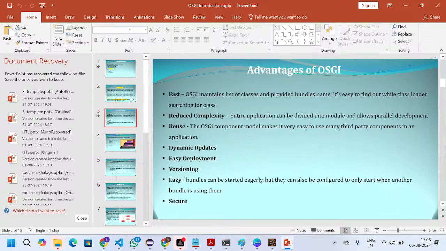Okay. So next thing is, what are the advantages we have in OSGi? Is there any need for it? So we have some advantages. OSGi. First one is the